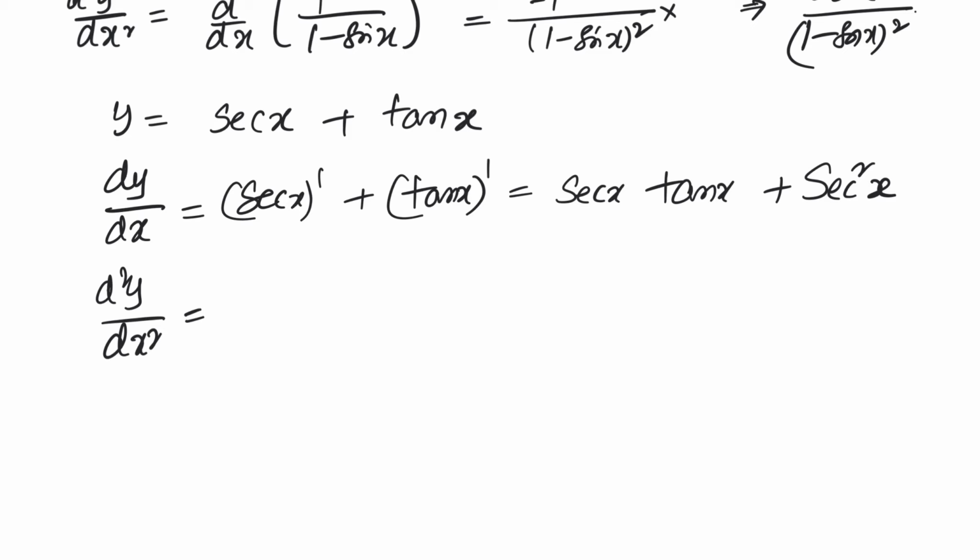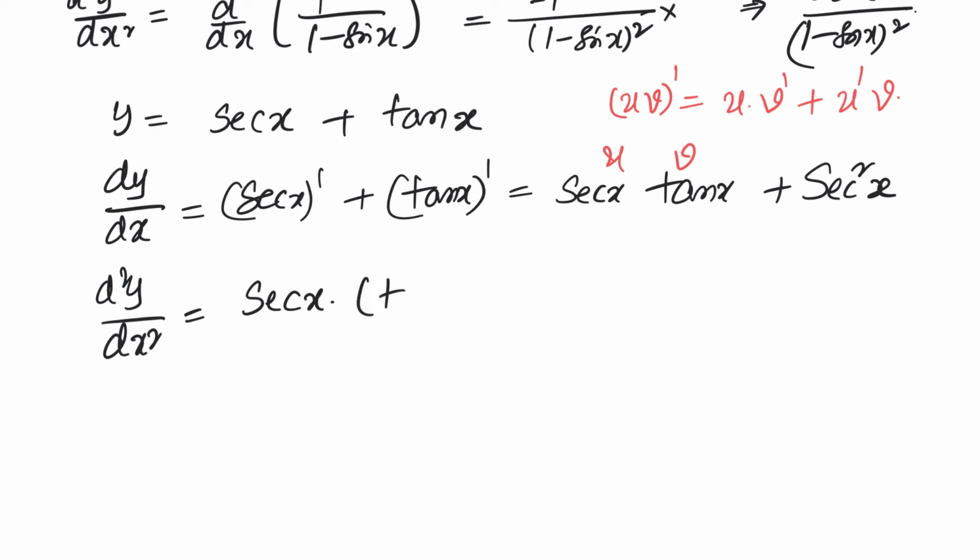Now we have here the uv rule. So what will be the uv rule? Derivative of the product of two functions equals first function into derivative of second plus second function into derivative of first. So let's apply that rule here. What is the derivative of secant x into tan x? First function secant x multiplied with the derivative of tan x